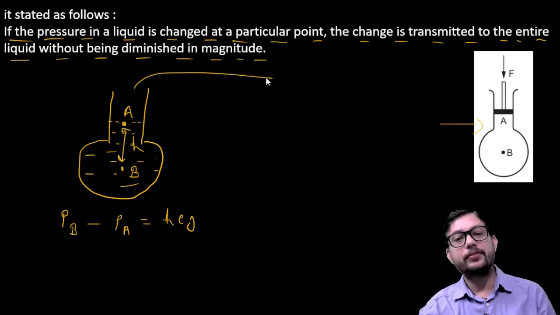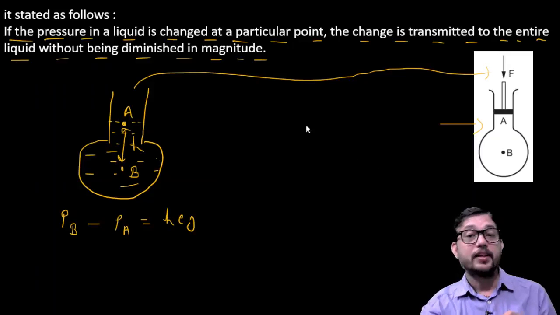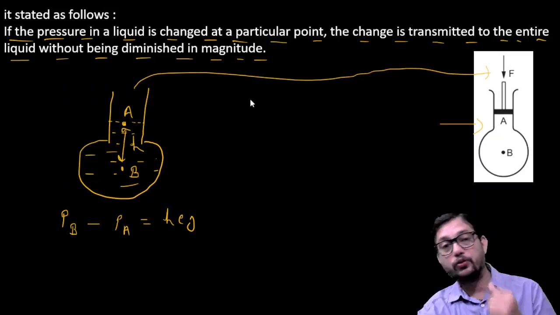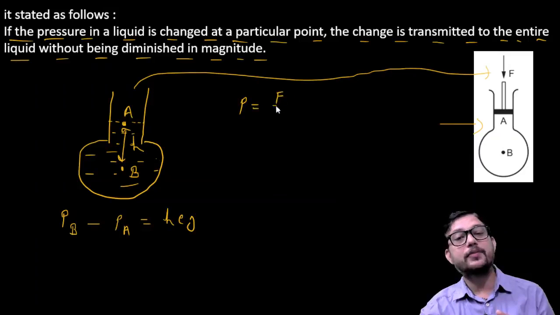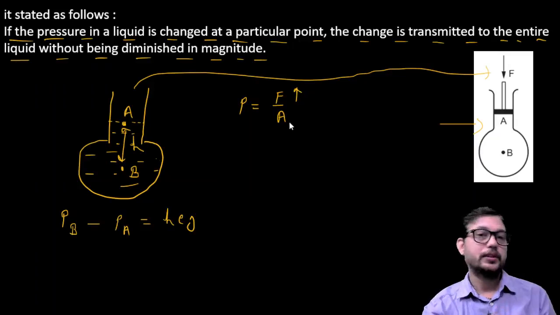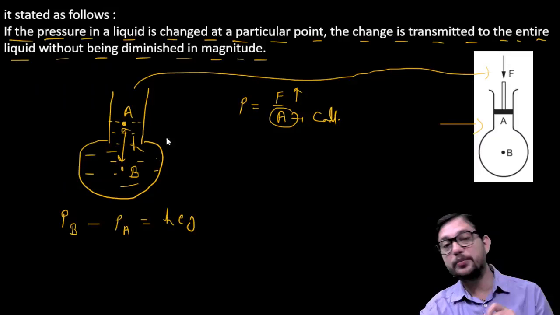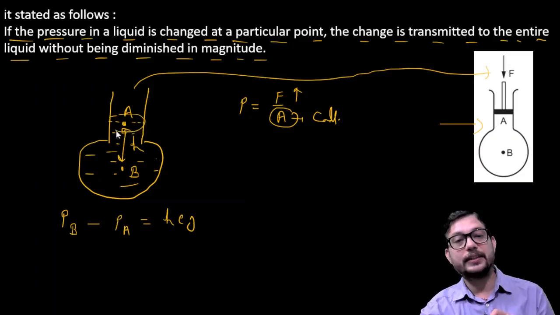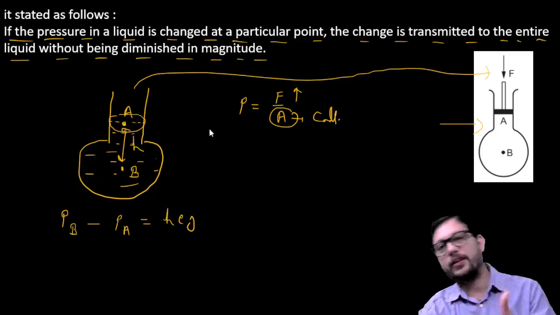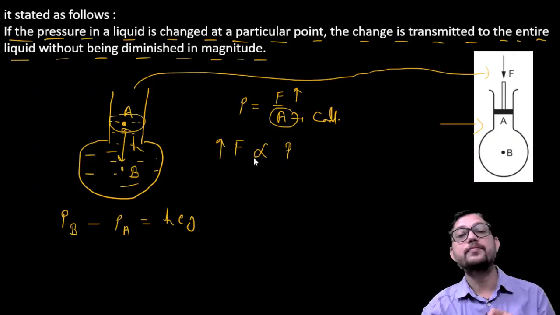According to him, if we apply an external force, so here we have applied an external force. We know very well that pressure is nothing but force upon area. It means if we increase the force, keeping the cross section area constant, as you can see in the picture. This is your cross section area and that is constant because the flask is the same. So we can simply say that F is directly proportional to pressure, and if we increase the force, then pressure